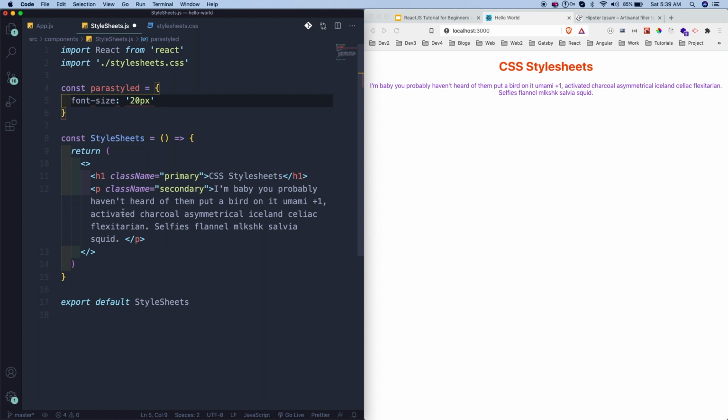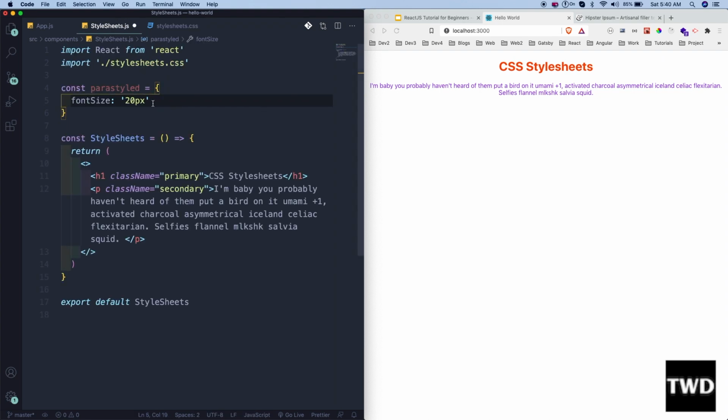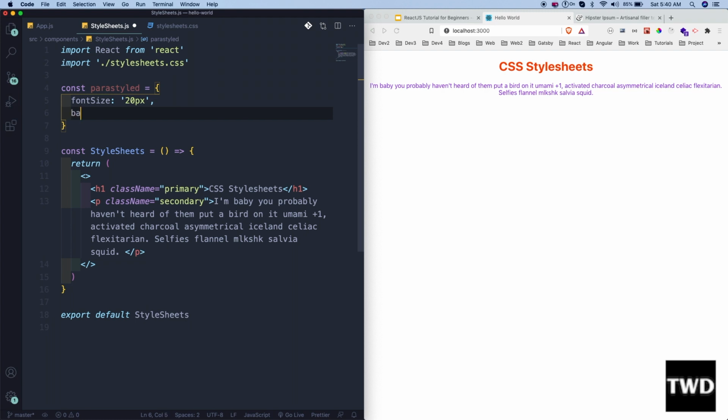We give camel case, it will become like this. So now the error is gone, and then these quotes are very important. In normal CSS we don't give any quotes, we give it like this, but here it is very important. Then in normal CSS, to give the next property, we give the semicolon, but here we give the comma. So we give the comma, and then